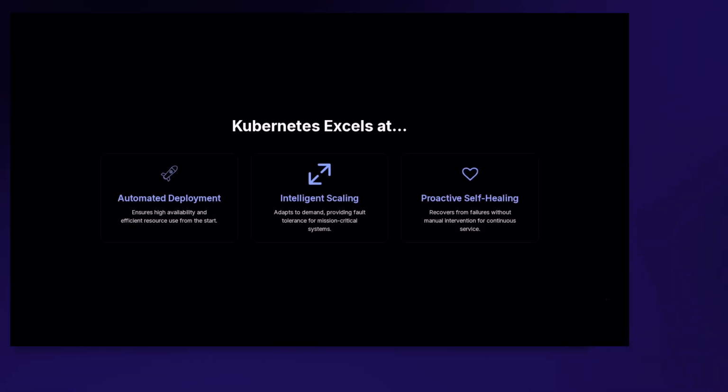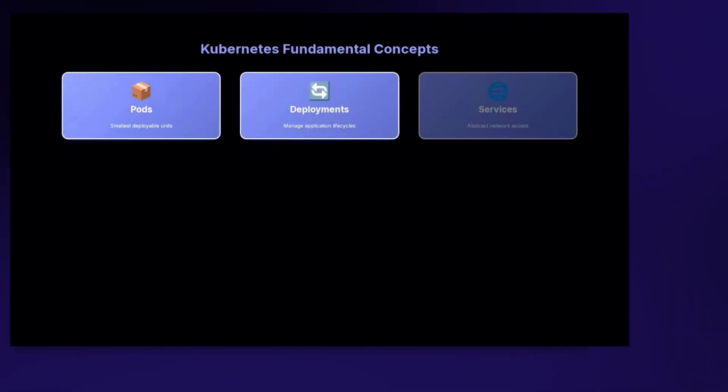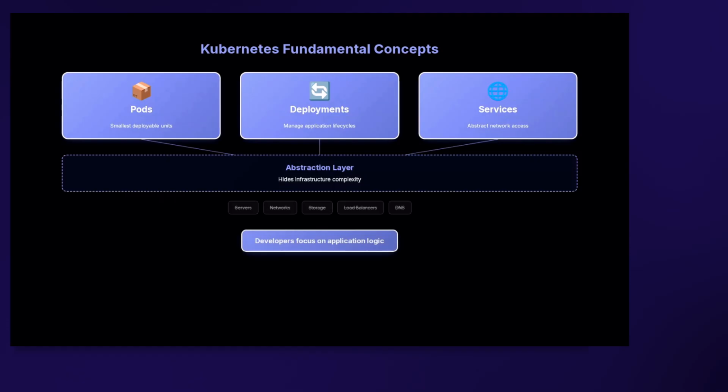This ensures high availability, efficient resource utilization, and fault tolerance, allowing applications to recover from failures without manual intervention, which is critical for mission-critical systems. It builds on fundamental concepts like pods, which are the smallest deployable units, deployments for managing application lifecycles, and services for abstracting network access. Together, these components abstract away the underlying infrastructure complexities, allowing developers to focus on application logic